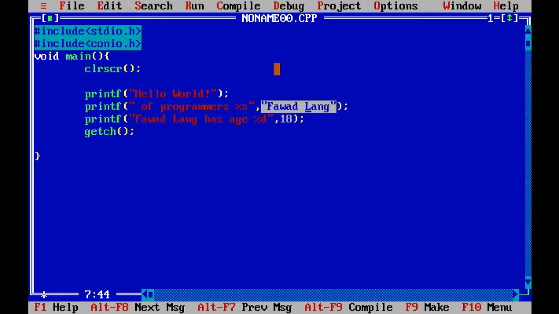First hello world is printed, and next of programmers, with for long printed ahead with no space. For long has age percentage d, 18 will be printed.